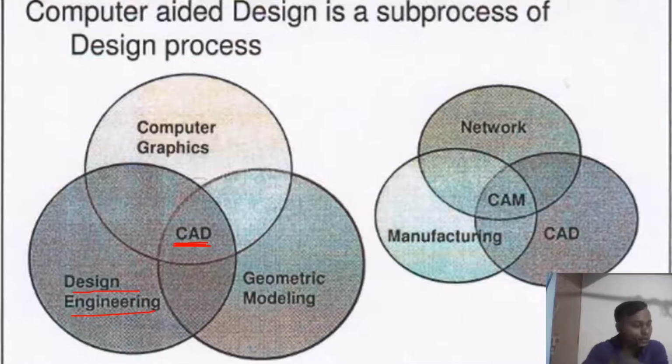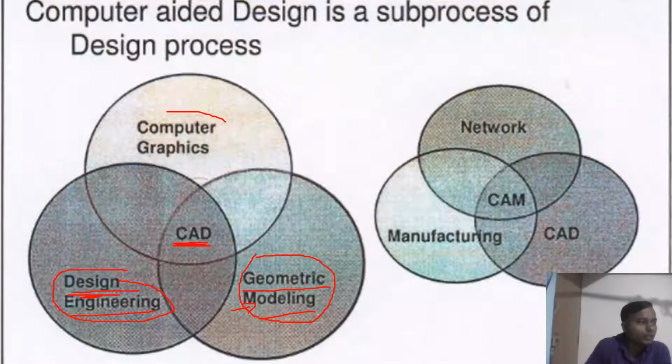Whatever problem you are facing and trying to solve, first of all the design engineering is taken in this portion. When design is started, we start with the design model, the geometrical model, and with the help of the geometric model we can visualize with the help of computer graphics. With these three core components of the CAD we make the computer-aided design. It is called computer-aided design.